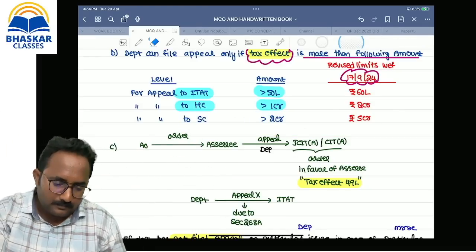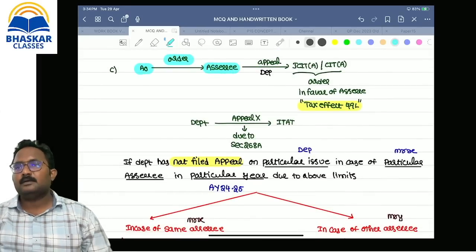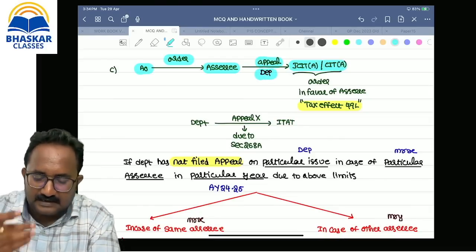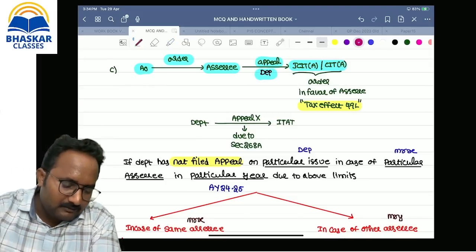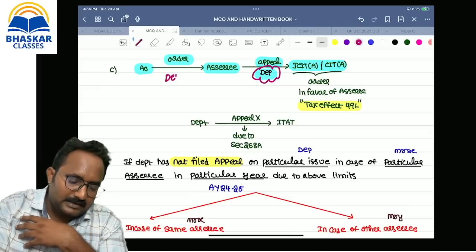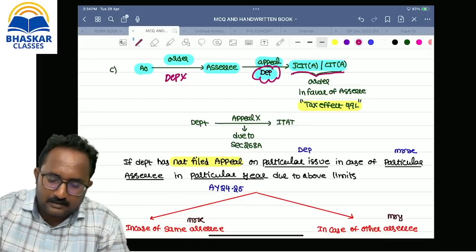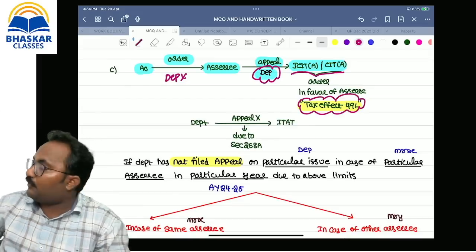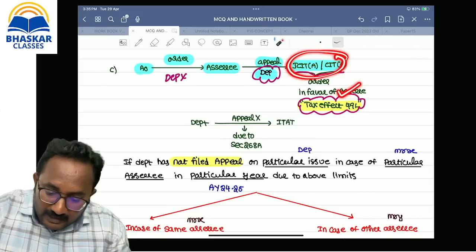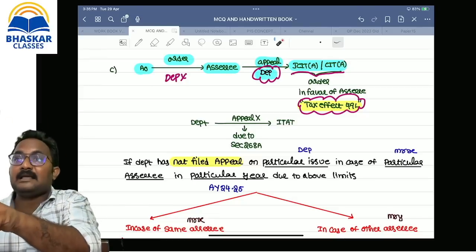One twist is there, and an important point. Remember clearly. The assessing officer gave the order to the assessee, but the assessee is filing an appeal with the JCIT or CIT. The issue is depreciation. I claimed the depreciation, but the AO disallowed it, and I want to claim the depreciation as a deduction. That's why I'm making an appeal before the JCIT or CIT. Now, this order is given in favor of the assessee only. So now who has sad feelings? The department. But the department is unable to make an application before the ITAT.